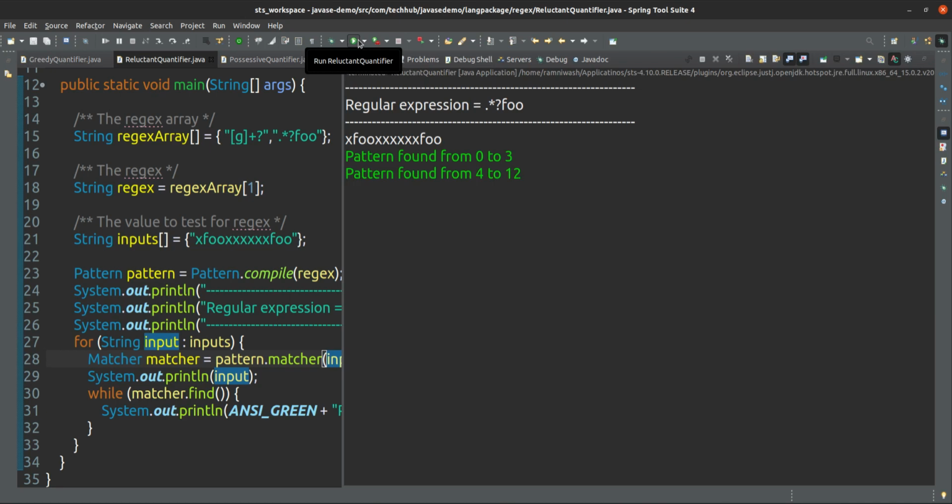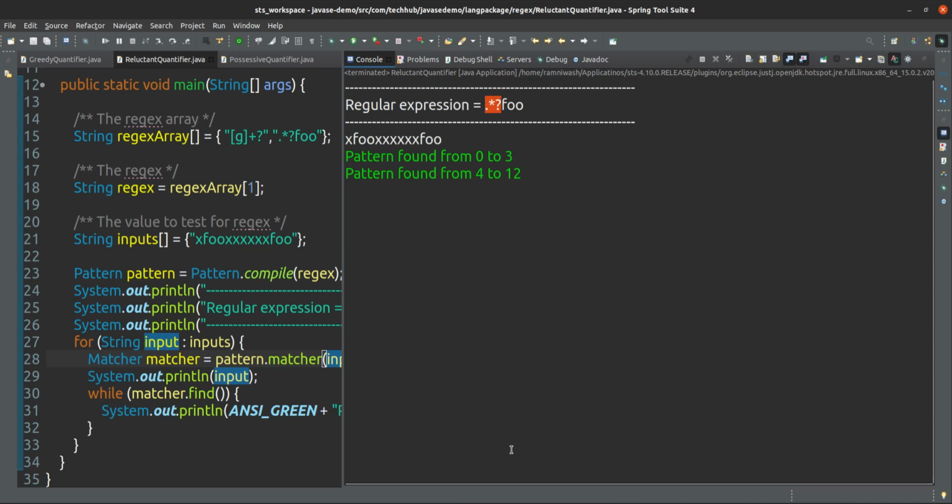So if you see here, it is matching in 2 places. First, it is matching from 0 to the 3rd position, because this dot is replaced with x. Star means it can occur 1 time or more than 1 time, or can occur 0 times, no issue. So x is occurring 0 times, no issue.